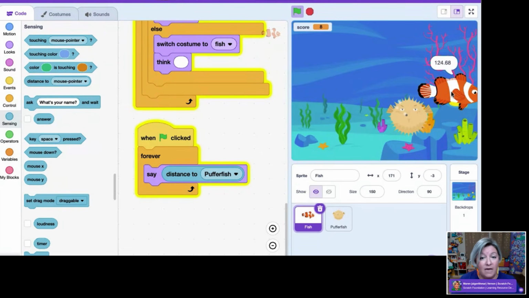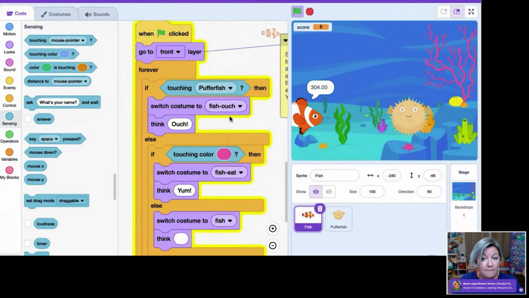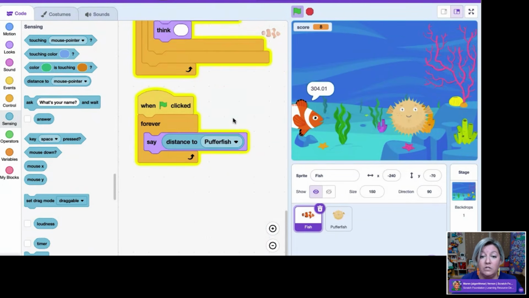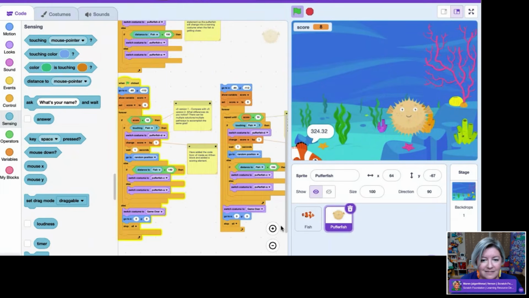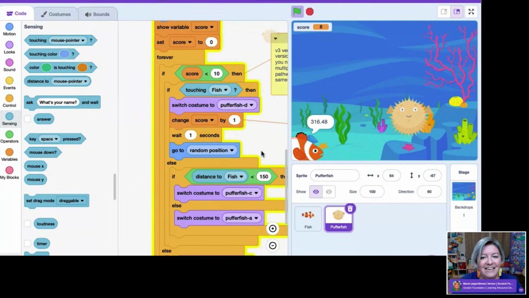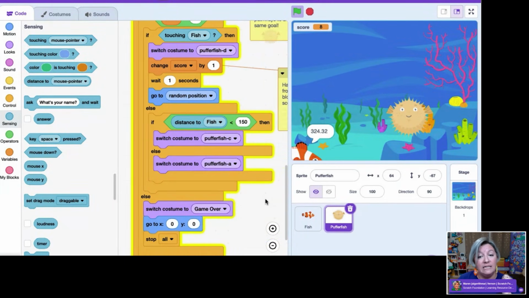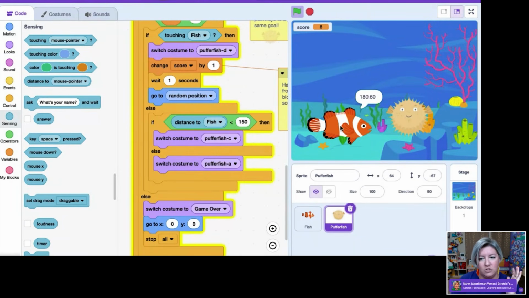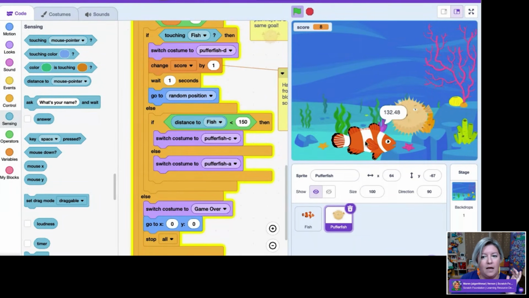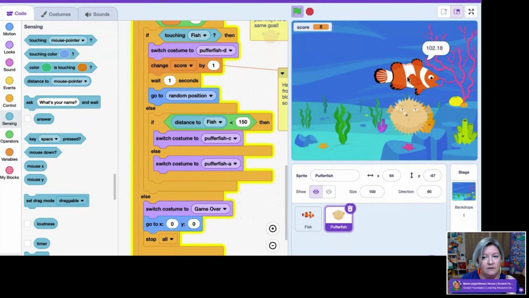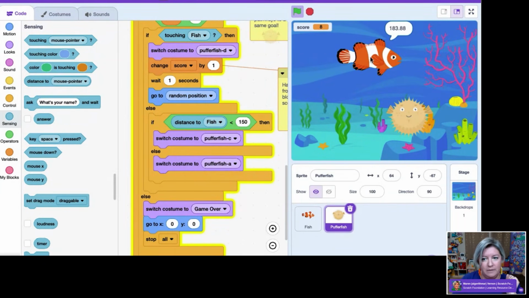Okay, well maybe then when I'm looking at my distance, which I think is actually over here in this script, distance to fish, I'm going to say, okay, distance to fish has to be less than 150, because in my tests here, I'm looking at the readings that I'm getting, and now I have the ability to figure out what that number should be.